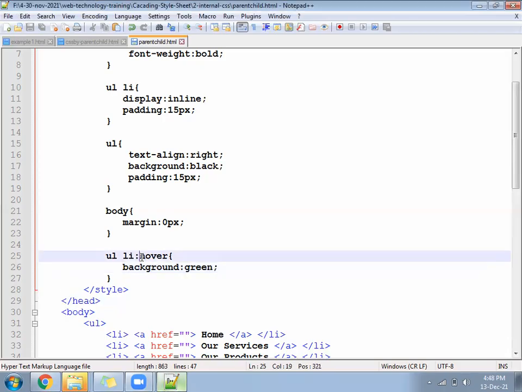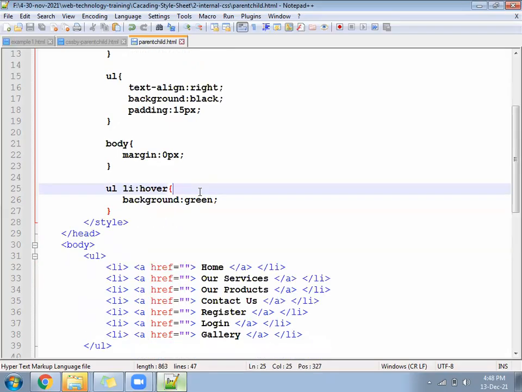LI and hover, you should not give a space. Don't give a space between LI and hover. Let it be continuous. Okay, don't give a space in between LI and hover.